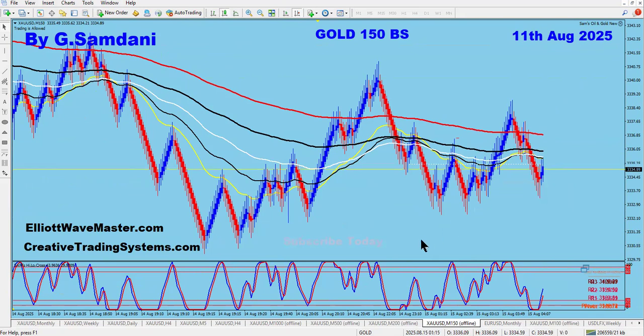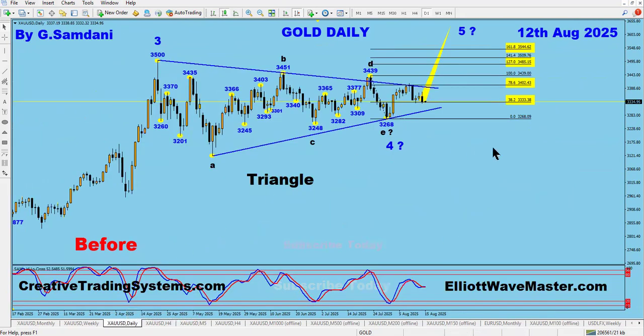All right, so this is where the gold stands, and again, the daily chart right now looks like this. It's a triangle, an A, B, C, D, E, and then supposedly going to the upside. Out of that, I think this is like wave 1, 2, and then going up like 3, 4, 5. That's Elliott wave count wise. And if you're looking at the harmonic pattern wise, then we have X, A, B, C, and then D to 127, 161 here, right? That would be the bearish butterfly pattern. Then we're going to dip here a little bit and then continue to go to the upside. All right, so this is what the gold is doing right now.